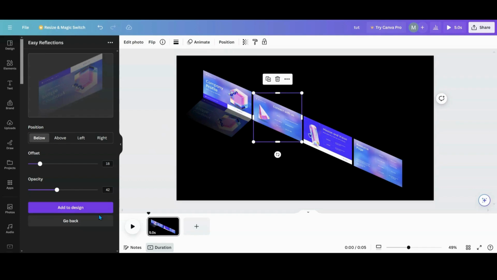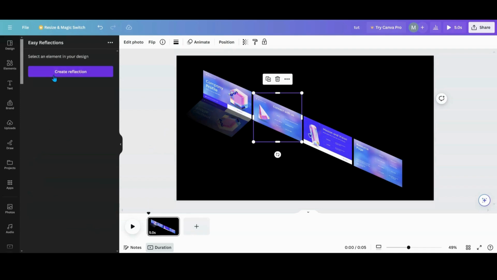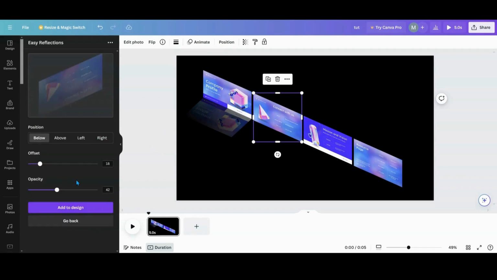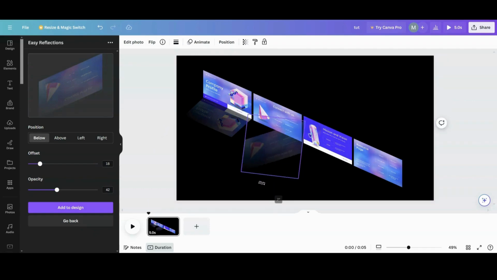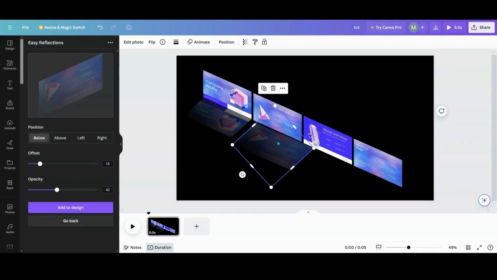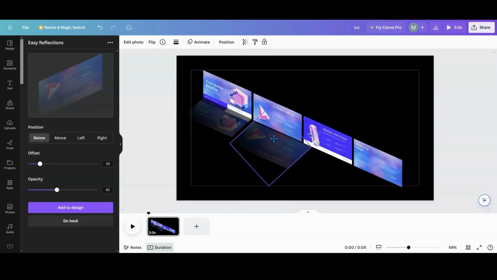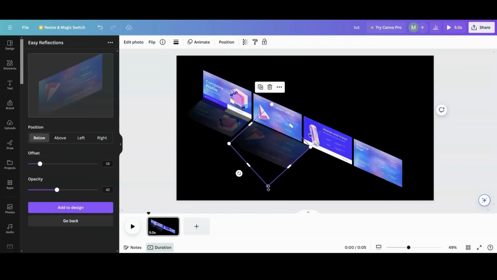And then I'm going to go, for this app, you need to click on this, hit go back, and then it'll create the next reflection. You want to keep these all the same, so it'll stay while you're creating the rest of them. So all you're going to do is click on the one that you want to work on, and that's what we're doing now. So I'm going to go here, we take this corner, try to shrink it up, and then